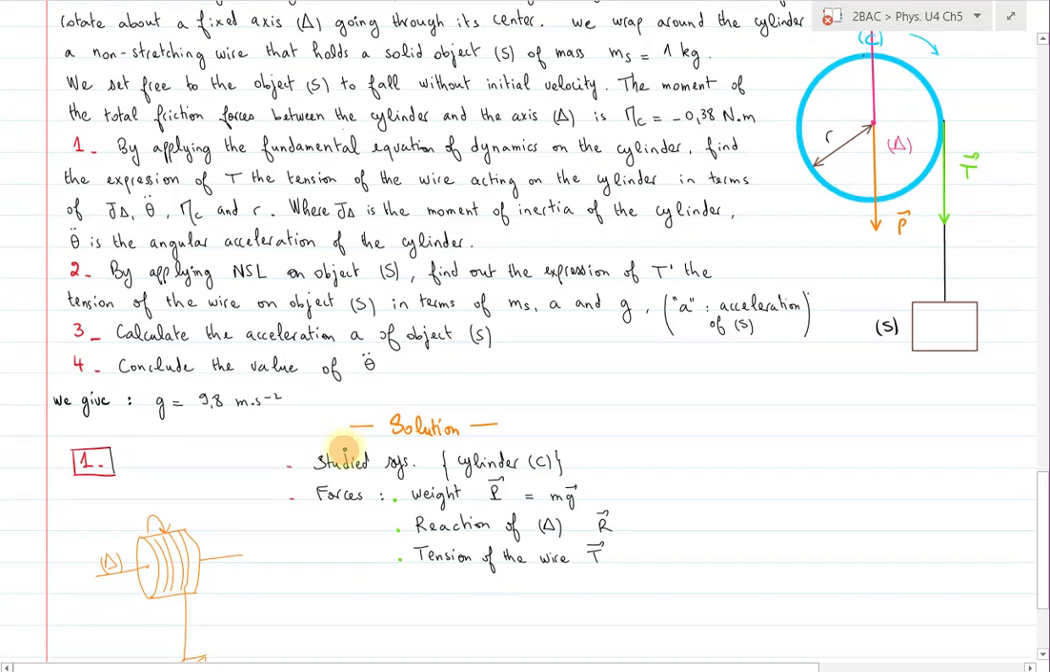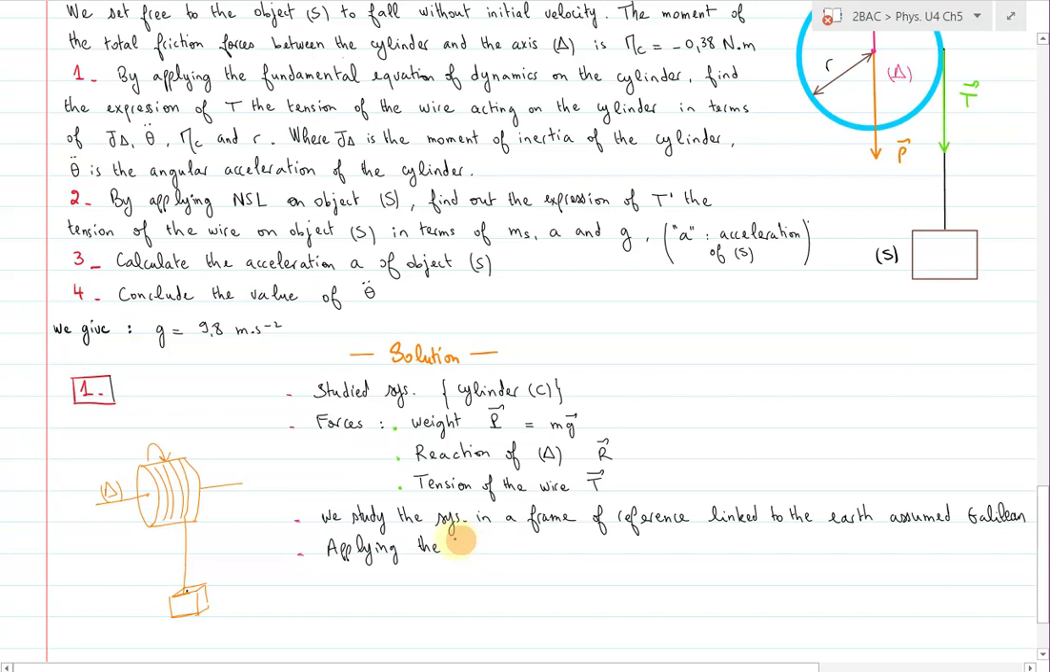Now the third step is to define the frame of reference. هنا نقولوا بأن غنختار واحد المعلم frame of reference linked to the earth assumed Galilean، حيت بلا بيه ميمكنش نطبقوا هذاك equation fundamental equation of dynamics. دونك هنا نقولوا we study the system. فهنايا we study the system in a frame of reference linked to the earth assumed Galilean. The fourth step is applying the fundamental equation of dynamics